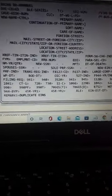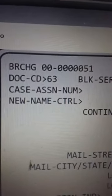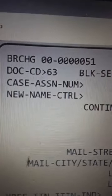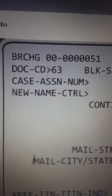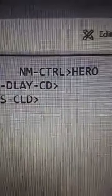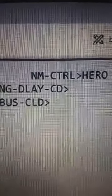And this one here, this is what we're talking about right here. BRCHG is an acronym for Birth Record Change. And we are talking about NE or NM-control, name control